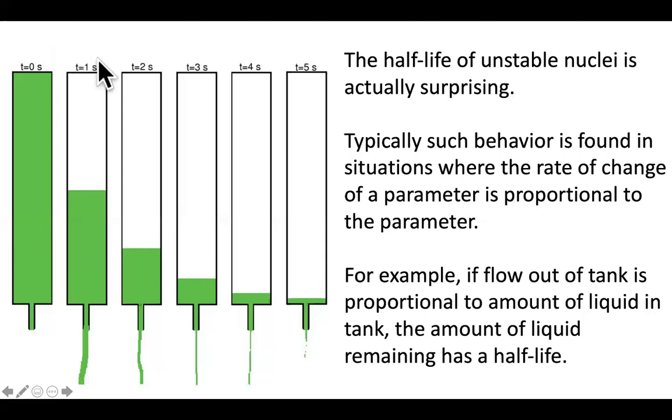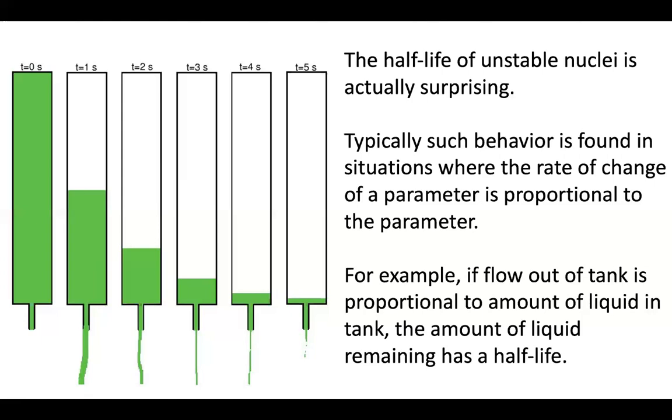So say maybe in 1 second, half of the material has leaked out. So there's a pretty good flow down there. But at this point, there's less water, so there's less pressure. Turns out, by the way I built this thing, in the next second, half of the remaining material has leaked out, and so forth and so on. This is giving something that has a half-life. The amount of water in the tank falls in the same way as nuclear transitions do.